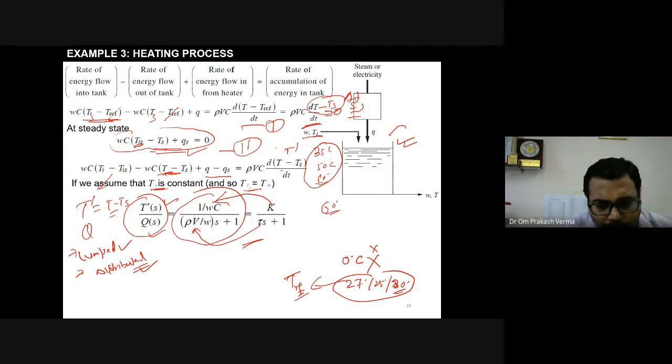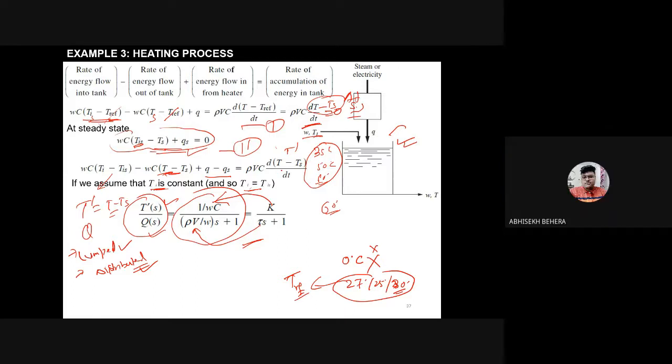what is the difference between the lumped and distributed parameter model? Have you any idea? Please. It means you are not revising whatever I have taught. This shows that you are not very serious in your studying.